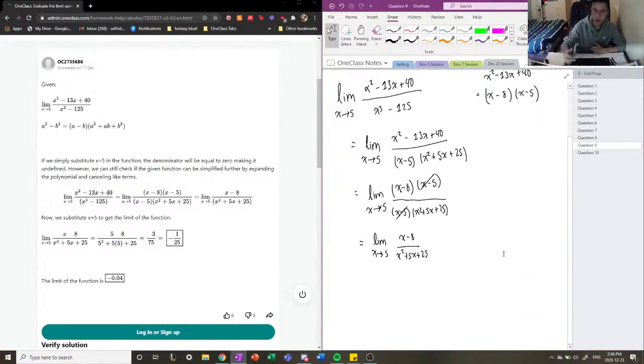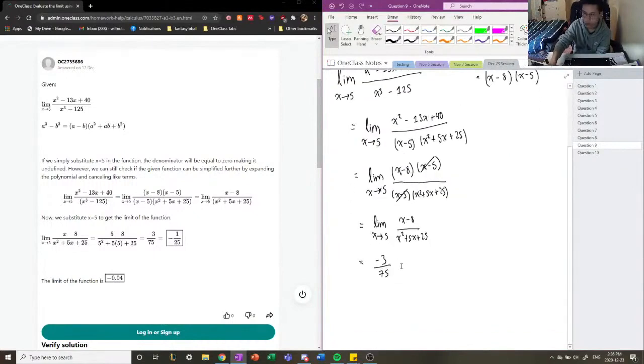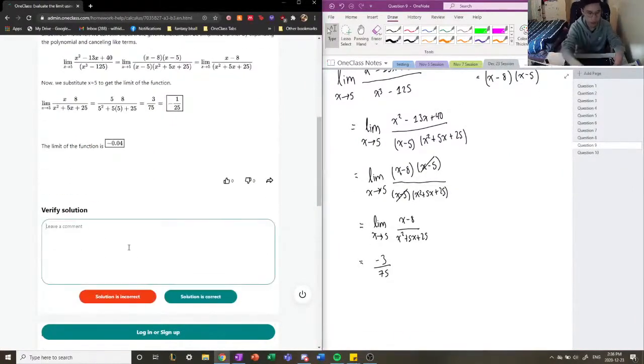Finally, let's try to plug in 5 now, right? If you plug in 5, our denominator is not equal to 0. It's actually equal to 25 plus 25 plus 25, which is 75. And the top is equal to negative 3. So now we evaluate our limit, which is negative 3 over 75. So now we know that this function as x approaches 5 is equal to negative 3 divided by 75. Okay, so this solution